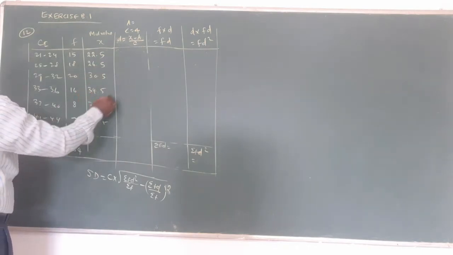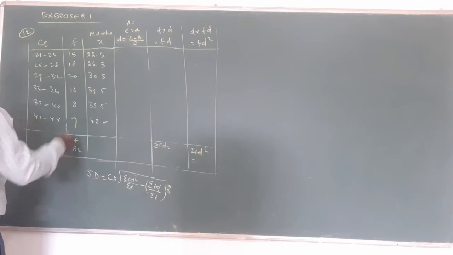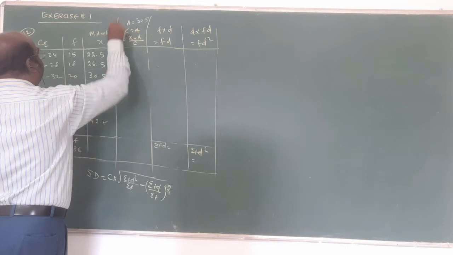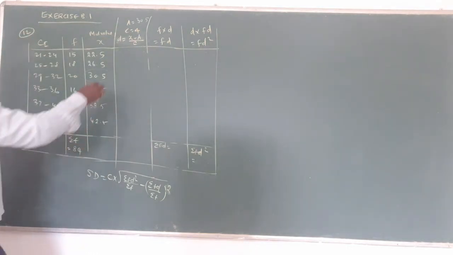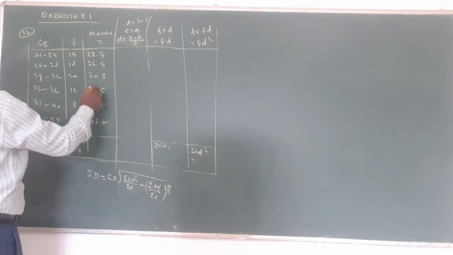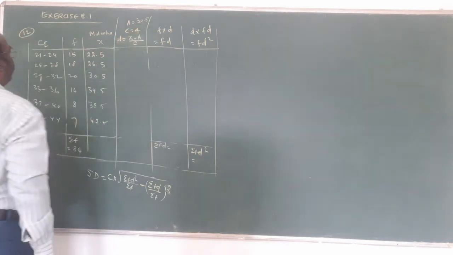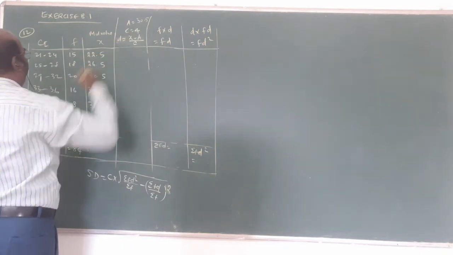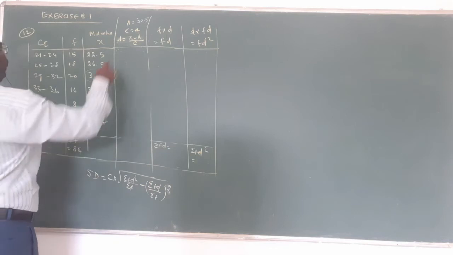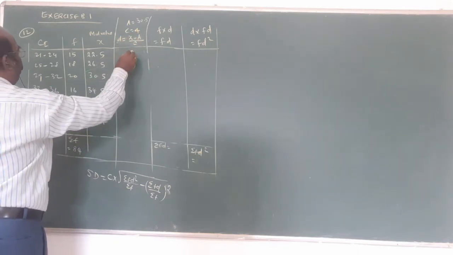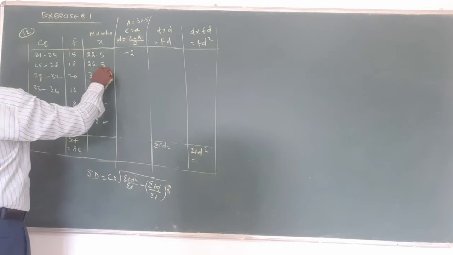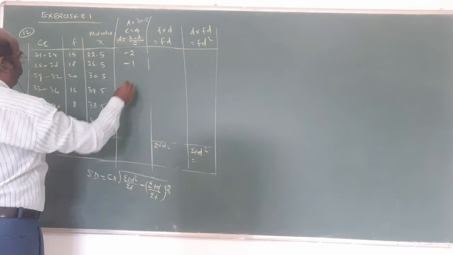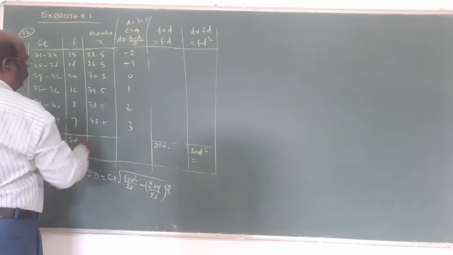What is the middlemost number? The two numbers are there. You will assume the smallest number, or you can vary the number. There is A equal to middlemost number; two numbers are there. I want to assume the small number. Am I right? Now 22.5 minus 30.5, that is what? 8. 8 by 4, 2. That is minus 4. 26.5 minus 30.5, that is minus 4. Divided by 4, minus 1. Get 0, 1, 2, 3.